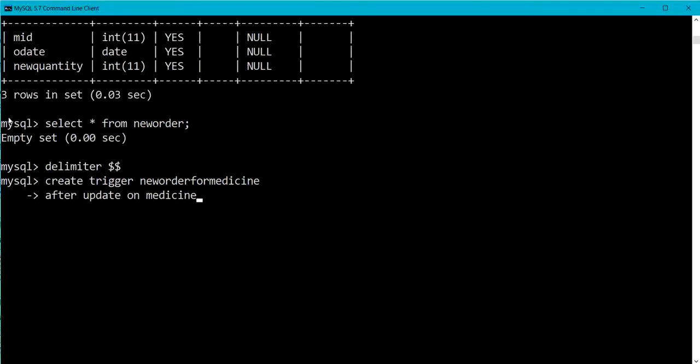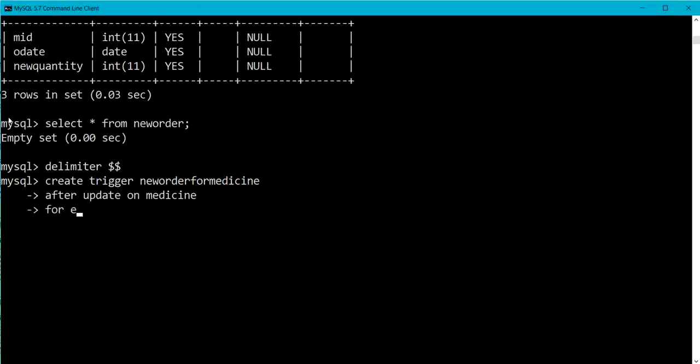Here the keyword after indicates the trigger action, when that trigger will be executed, and the update keyword represents the trigger event. So this new order for medicine trigger will be executed after applying an update operation on the medicine table.